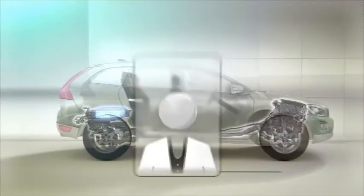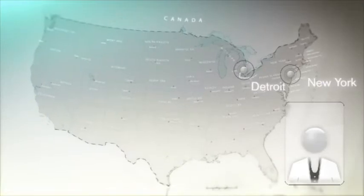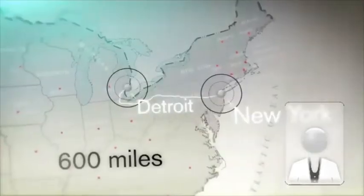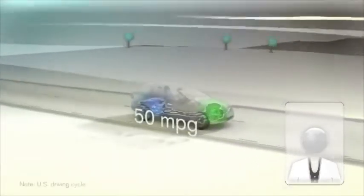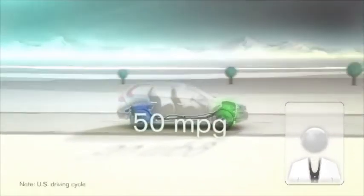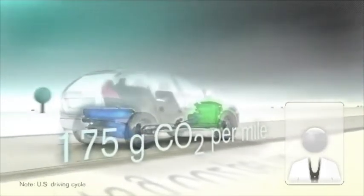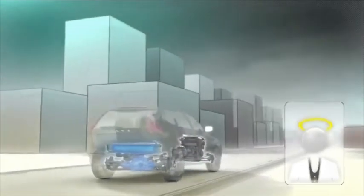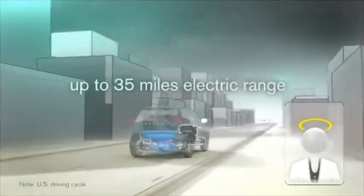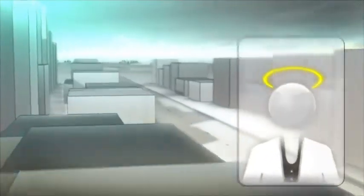So, what does this mean for you? Well, it gives you the freedom to drive the distance between Detroit and New York, some 600 miles, without refilling fuel. This extremely good fuel economy is made possible through seamless interaction between the gasoline engine and the electric motor. Driving using the electric motor only, a fully charged battery will give you up to 35 miles with zero tailpipe emissions. However, if you're in a different mood,